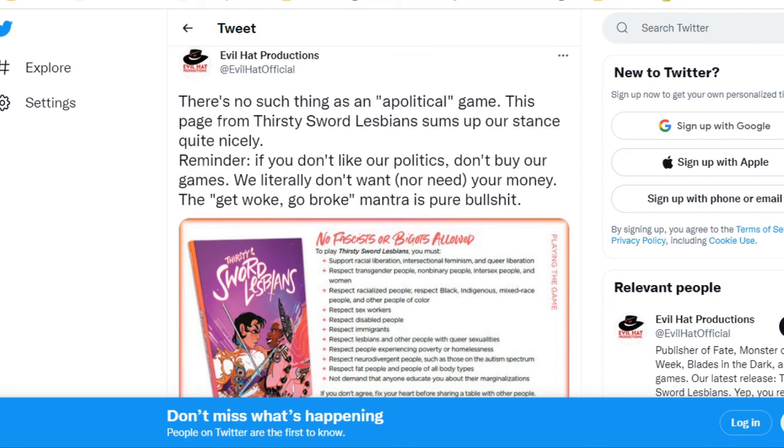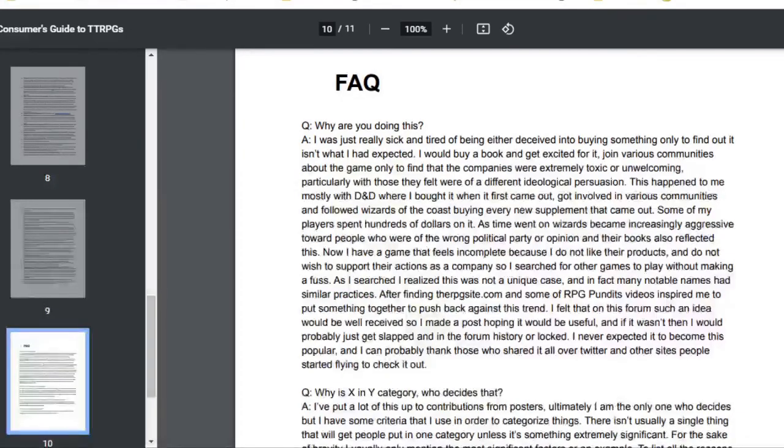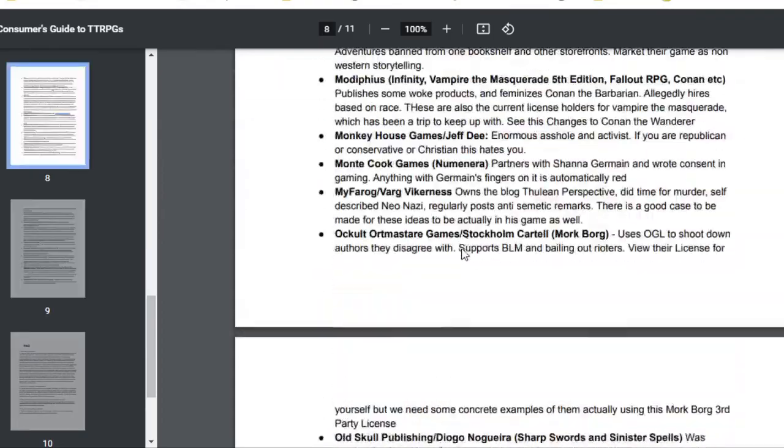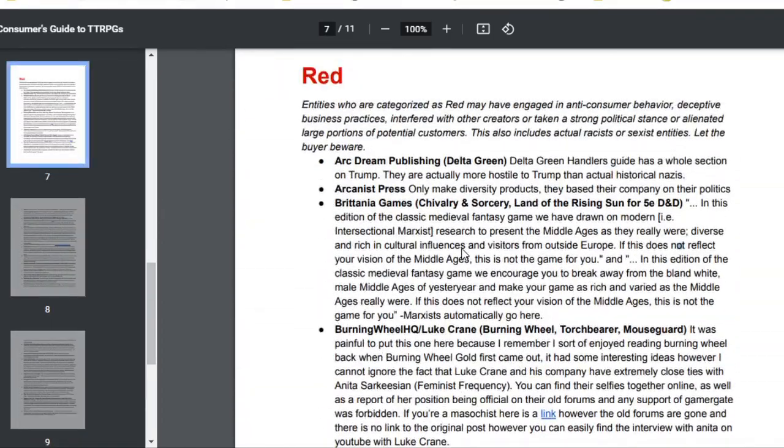You have to at least be able to respect the people that disagree with you. You have to make it clear to them that, okay, this is something that may not be for you, but you're still welcome to it. But we want to make it clear this isn't for you. And I feel like if we had more of that from some of these red list companies, if they were just willing to say, okay, you know what, we have these beliefs that we really want to push, and they may not be for you,